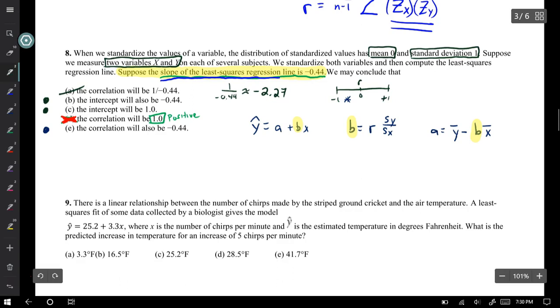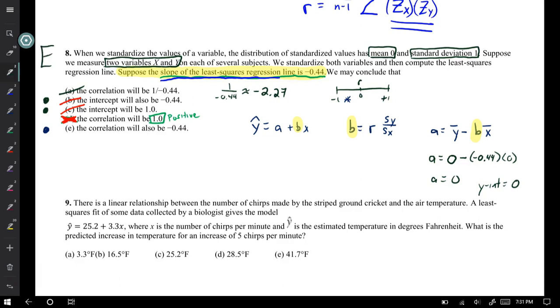Well, if the mean is 0, then a equals 0 minus my slope, negative 0.44, times the mean of x, which is 0 as well. So a is 0, and my y-intercept is going to be 0. Well, hold on. That means the intercept will be negative 0.44? No. The intercept will be 1? No. So by process of elimination, yay, the answer is E, but we still need to know why it's E,